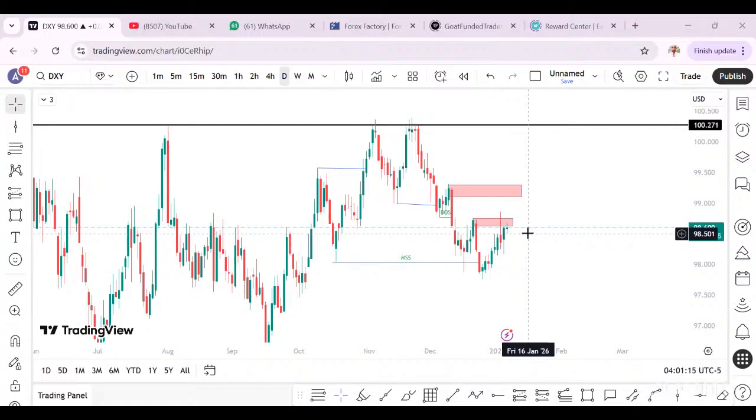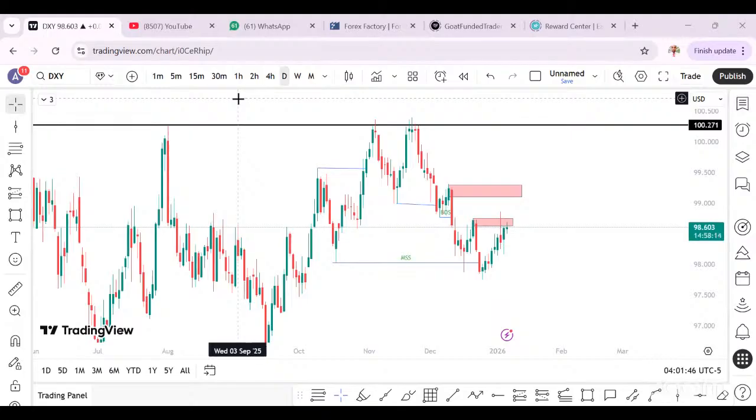Then what will be your time frame as a day trader? We are going to combine 2 time frames together. The 4-hour time frame will be your higher time frame, because you need a higher time frame to look at the structure and the direction, which is the market order flow. Then 15 minutes will be your entry, or 1 hour will be your higher time frame and 5 minutes will be your entry. So that is as a day trader.